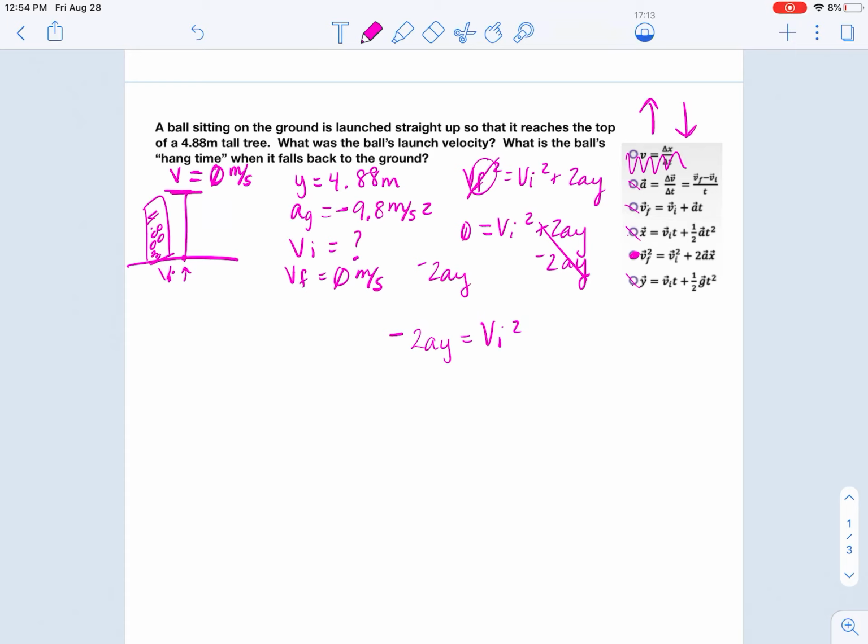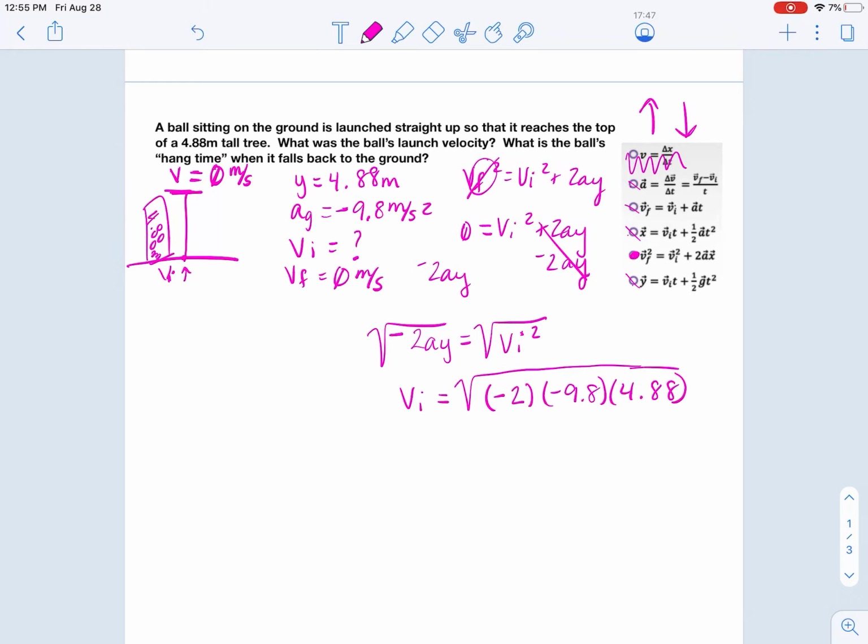And if you wanted, you could go ahead and handle that square and take the square root right off the bat. Give myself a little more room. So once we're here, we need to recognize that that last step would be to square root. So I am going to say that my initial velocity is equal to the square root of a negative 2 times negative 9.8 times